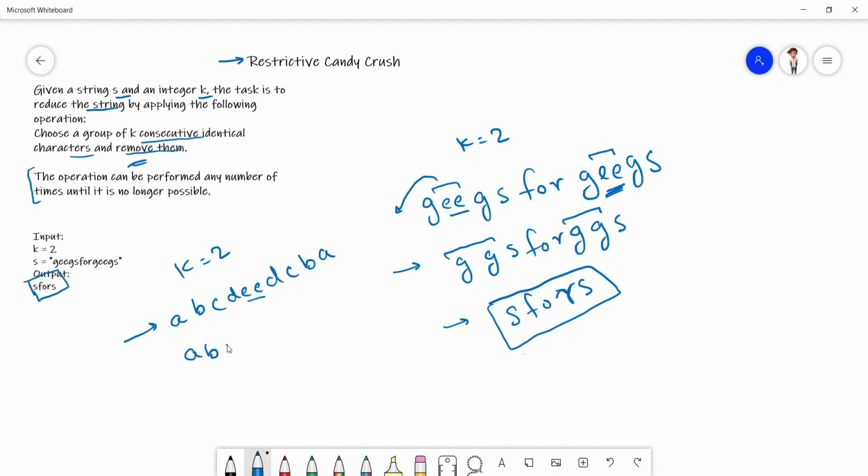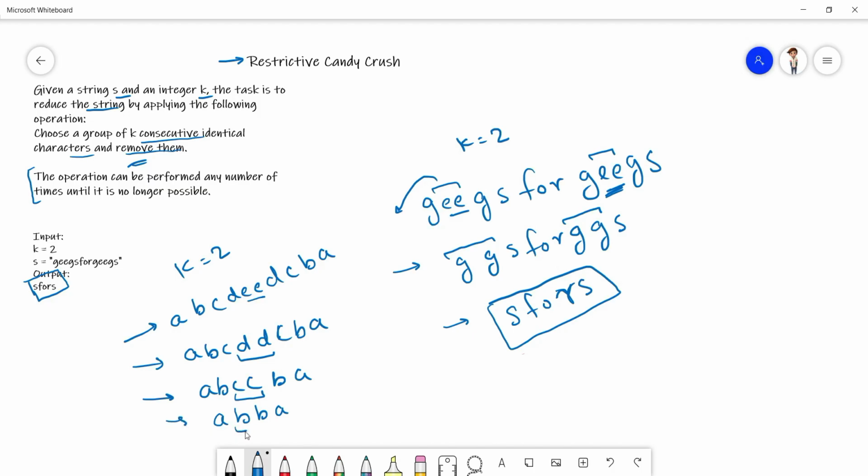So the string becomes ABC DD CBA. Now we check again. We found DD again over here, K consecutive identical elements. Now we delete both of them, and the string becomes this. We check again, we find this, and we delete this also.